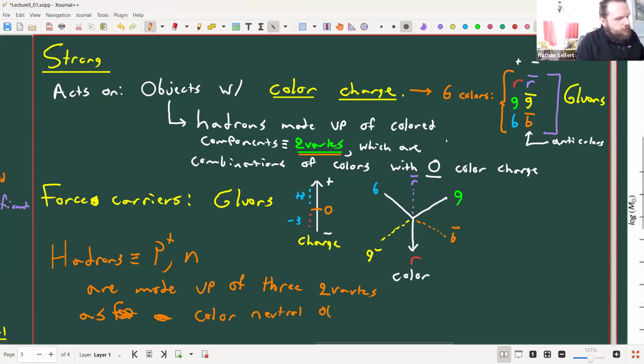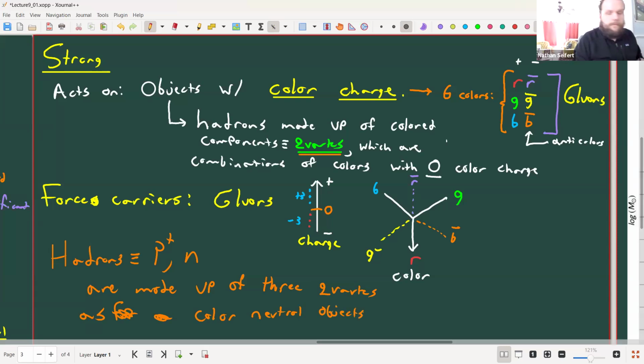So there's another type of charge called color. And the combination of the quarks determines the type of particle you get. So protons are a certain combination, neutrons are a certain other combination, and so on and so forth with the